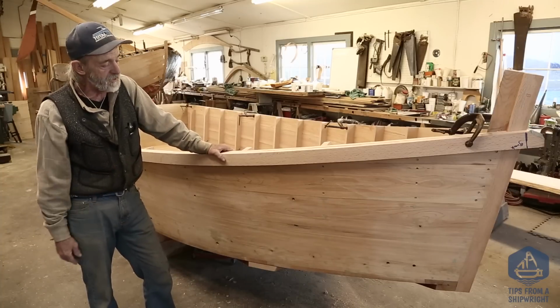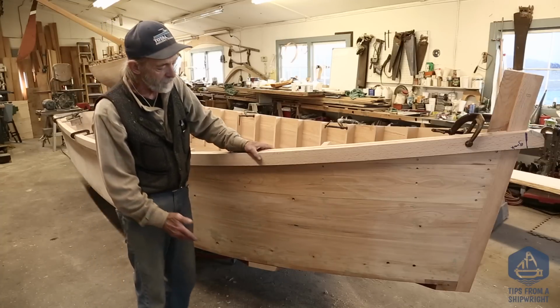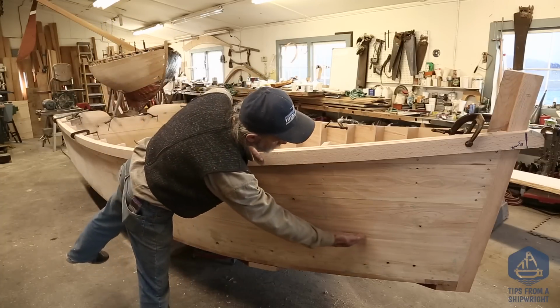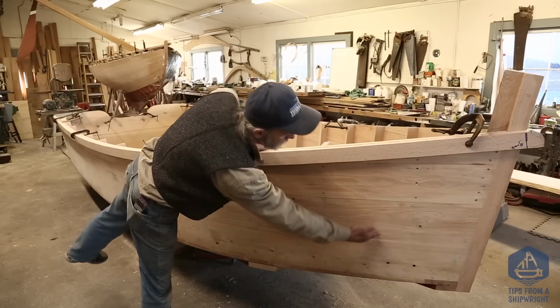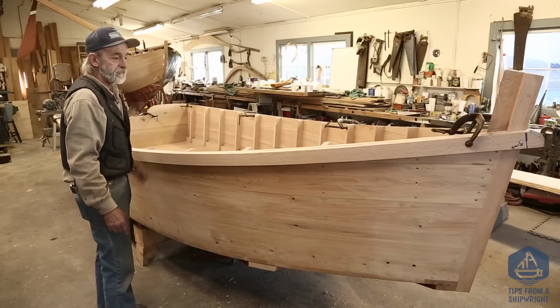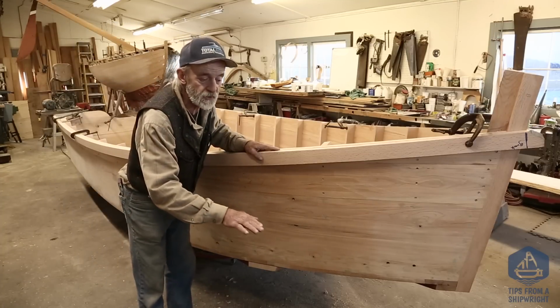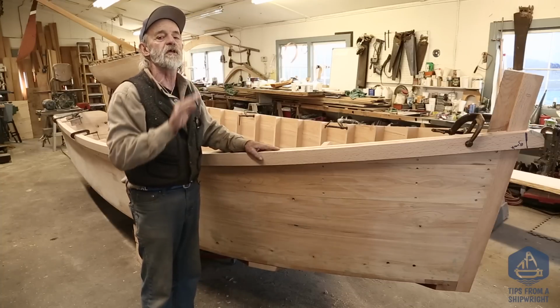What I want to do today is put lift rails on the boat. Now, I think I've talked to you about them before. They're going to be a set of rails that are going to be right down in this area down here. They're going to extend from forward about 14 feet aft and not go all the way aft. And the idea is to help, those rails help keep the bow of the boat up like in a following